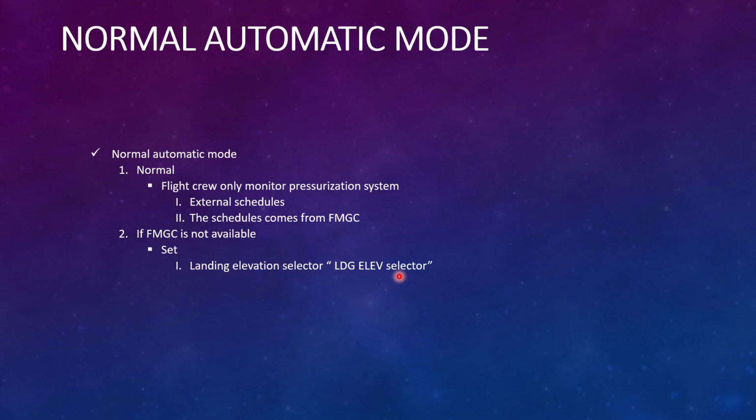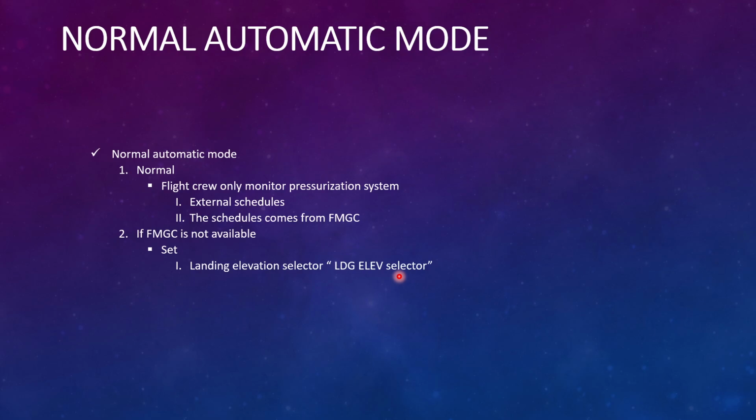Normal mode. Usually in the normal mode, there is no need for the pilots to do anything.